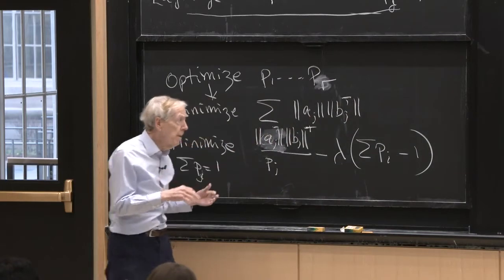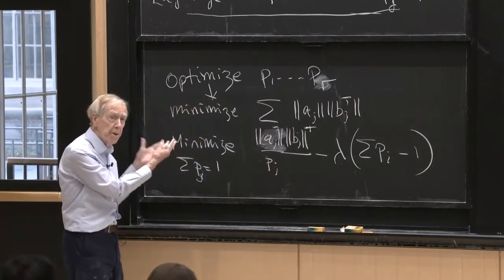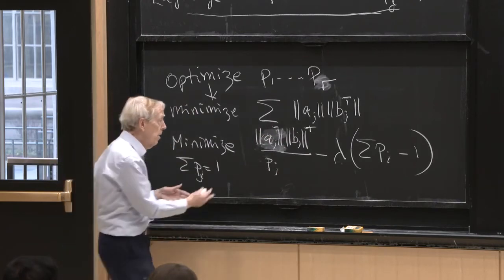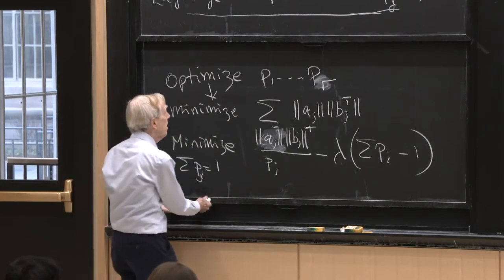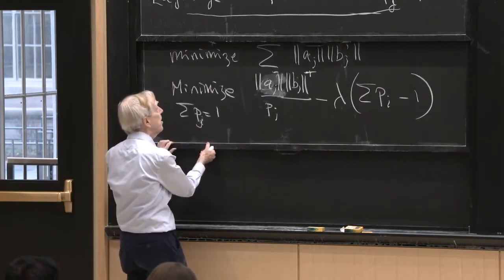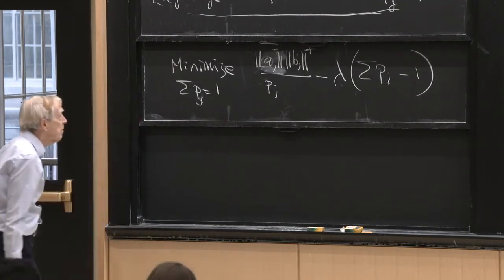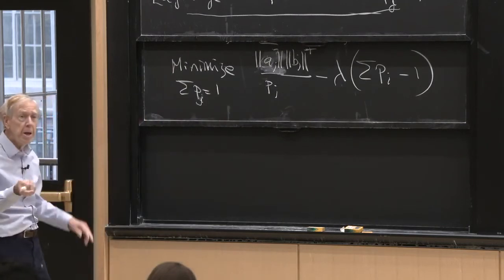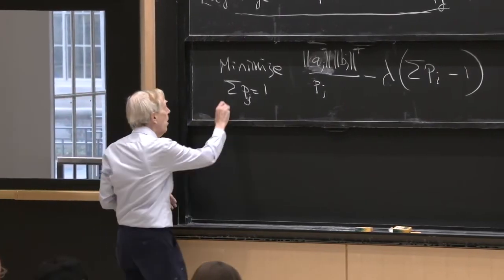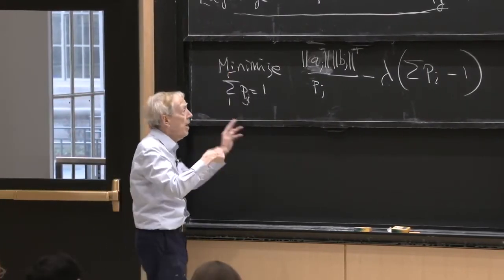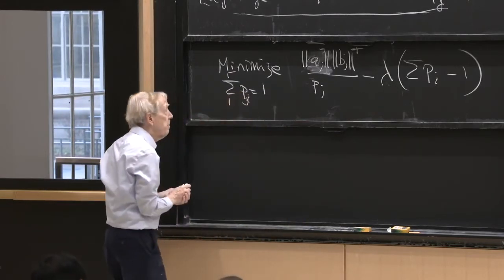So I've computed the final answer with the recommended p's, but now I'm going to show that they really are recommended. So can you take the derivative of that with respect to p? Take the derivative with respect to each p, because I've got r unknowns, and I've got lambda, so I've got r plus 1 things. So what's the derivative with respect to p?